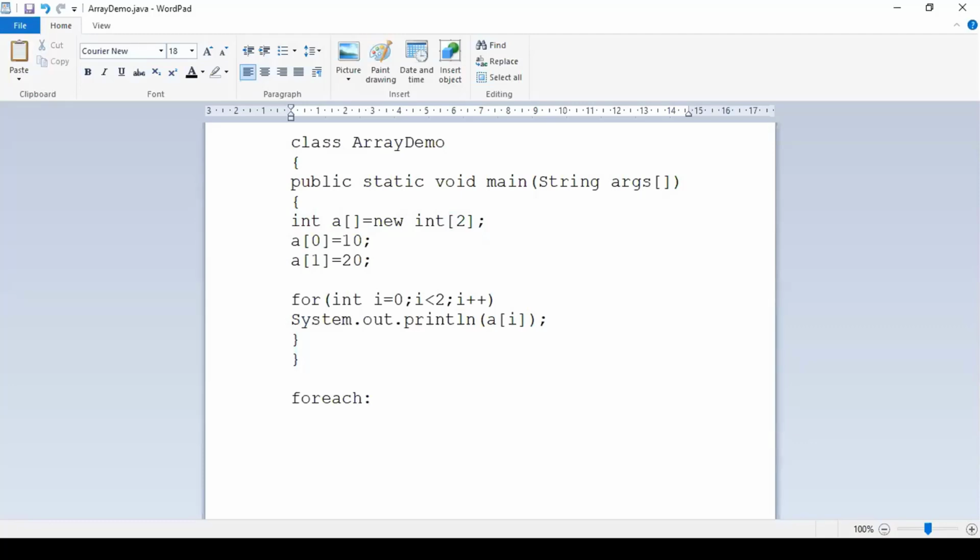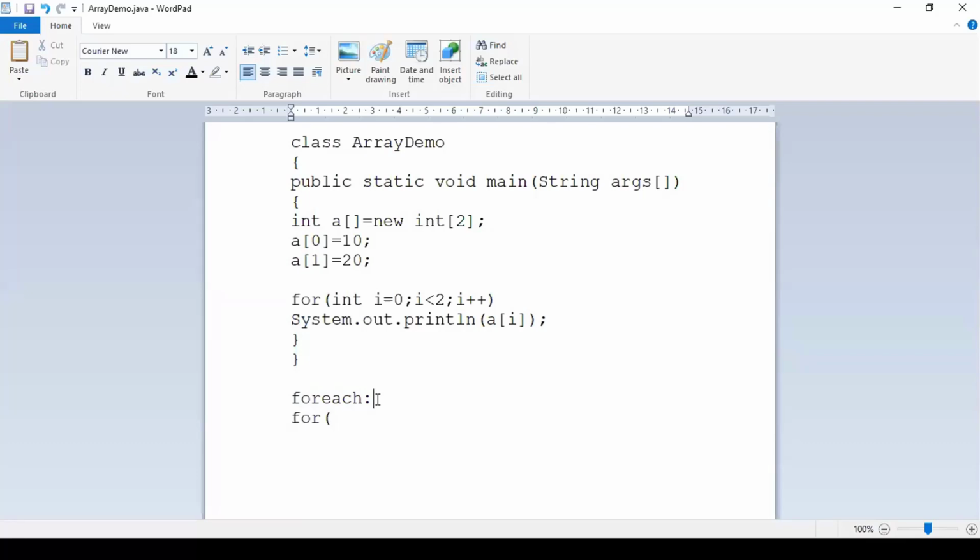If you go to Python, you will have a keyword called for each itself, but with respect to Java, you don't have a separate keyword called for each, but you can modify your for loop to work as a for each. What exactly does a for each do? The basic constraint for a for each is it needs to have a collection, in the sense a group of elements.